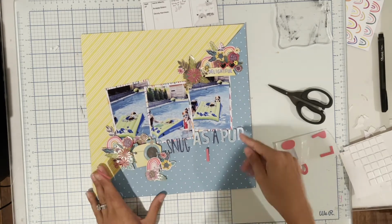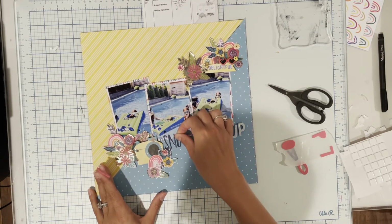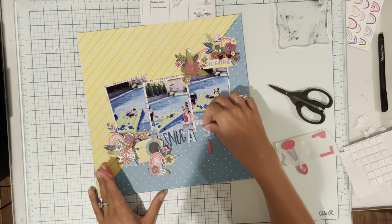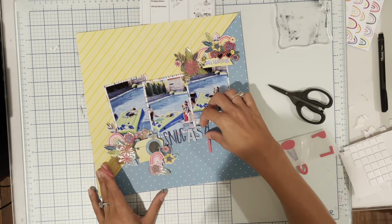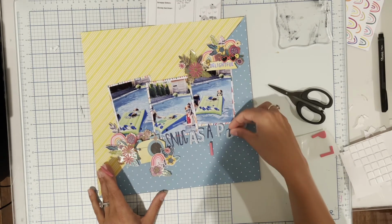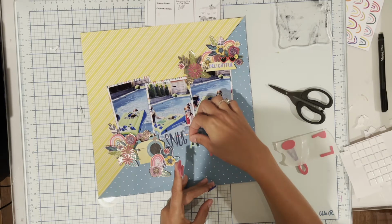Okay, so what I want to do is try to keep the title under here. So that is letting me know I need to move Snug over. I need to make Snug snug. So Snug as, and I'm making it a little bit off kilter, because I know I'm not going to get this to line up perfectly. And if I purposely go with that, I find it looks better than if I try to keep everything perfectly straight and even. So Snug